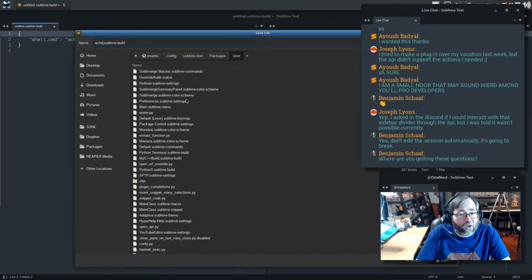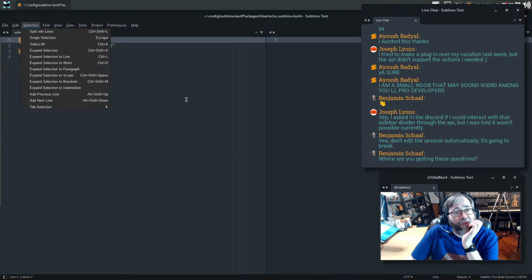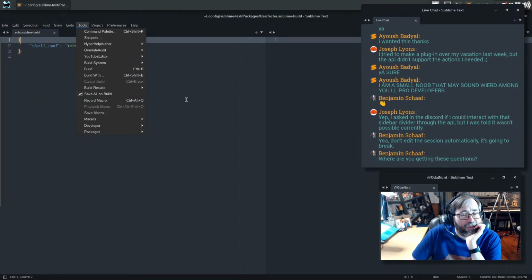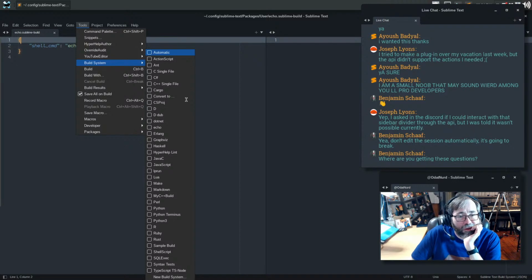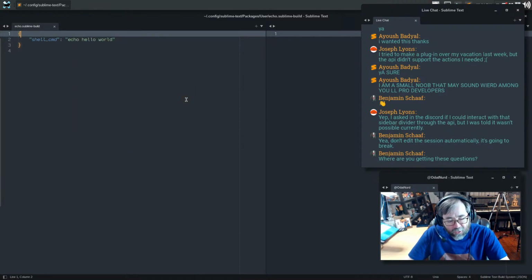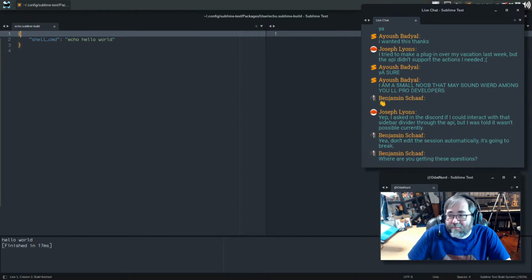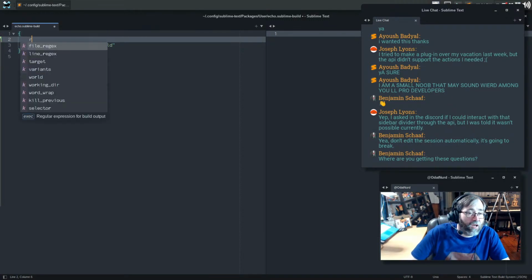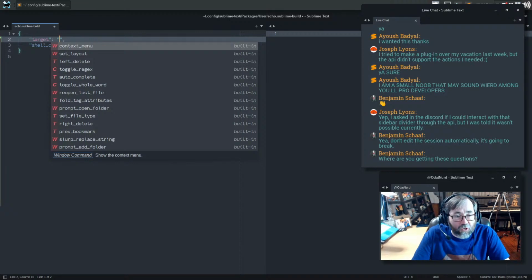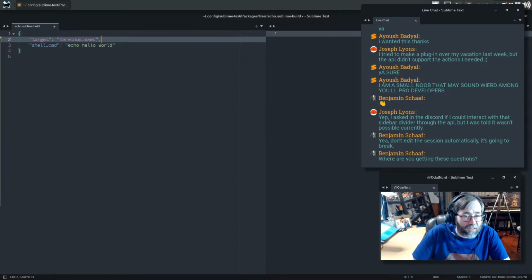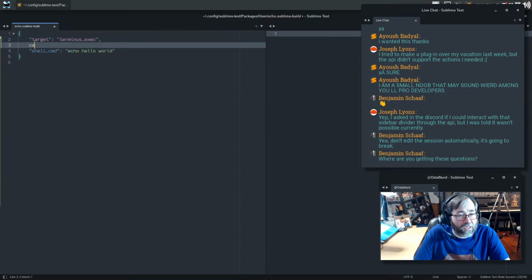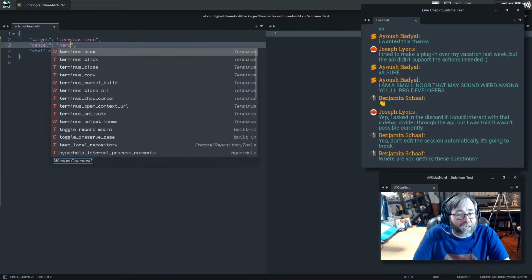We'll save it as echo.sublime-build, and then swap in the appropriate build here. Echo, like so. So when we hit the build, it displays the output down at the bottom of the window. Ground shaking? Absolutely not. But you might want to use Terminus exec for something like this, in which case you also want a cancel key. You want terminus_cancel_build.